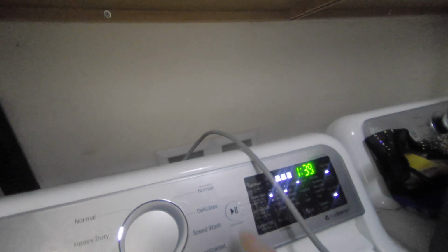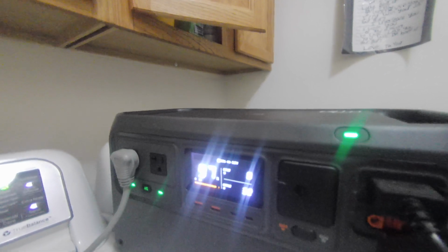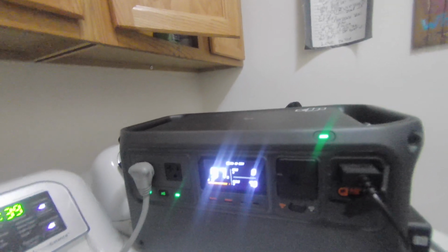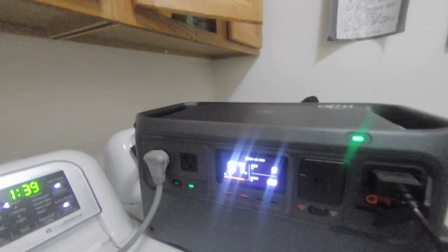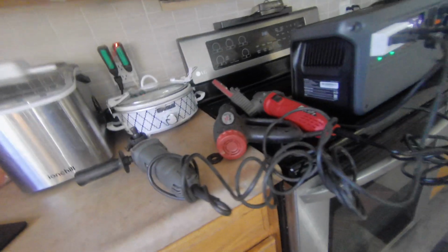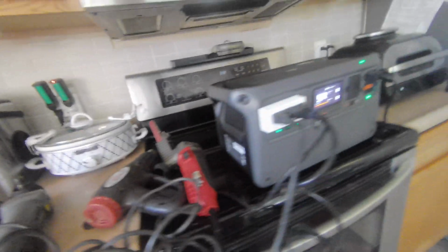Give her a go and see what happens. I know there's that terrible glare, guys. I'm trying to... 80, 82. I mean, no issue at all whatsoever. It may jump up a little bit more when it starts heating the water, but overall, it's running the washing machine without a hitch. All right, guys, earplug warnings, because I'm going to turn on some power tools, but not